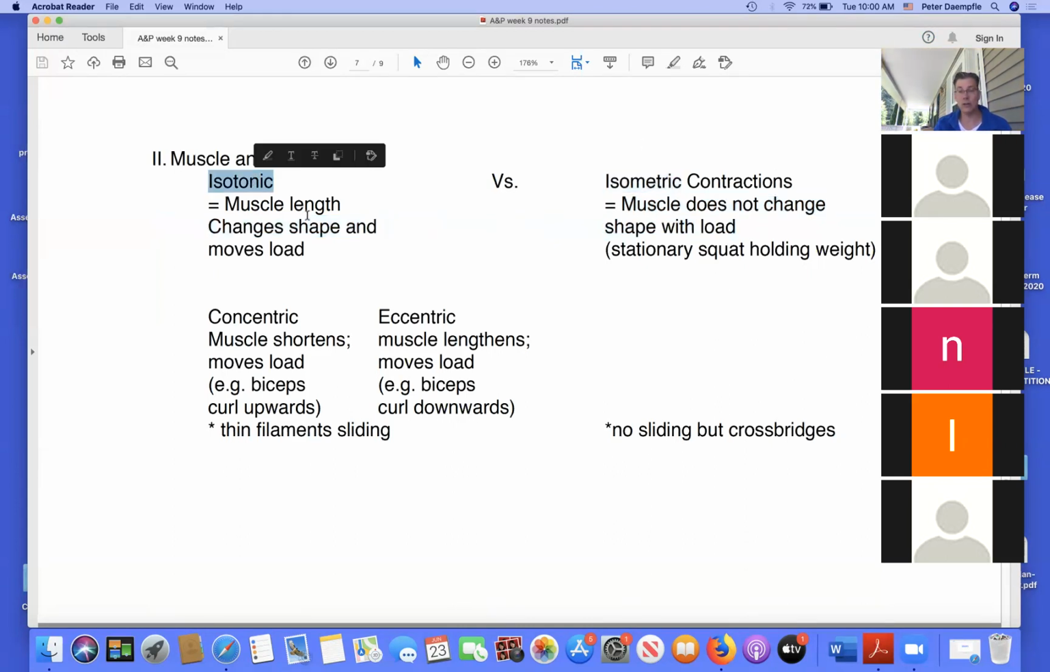You tense the muscle and something moves, that's an isotonic, right? So if I move my arm, or you move your head this way, that's an isotonic contraction. That's the difference between isometric and isotonic. Isotonic, a load moves. Isometric, a load does not move. And isotonic can be divided into concentric and eccentric. Concentric means the muscle shortens, so a curl up like this is a concentric muscle contraction. And then lengthening the muscle, so a curl down for your biceps would be an eccentric